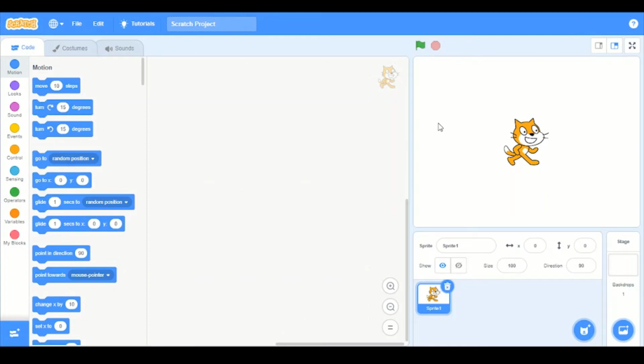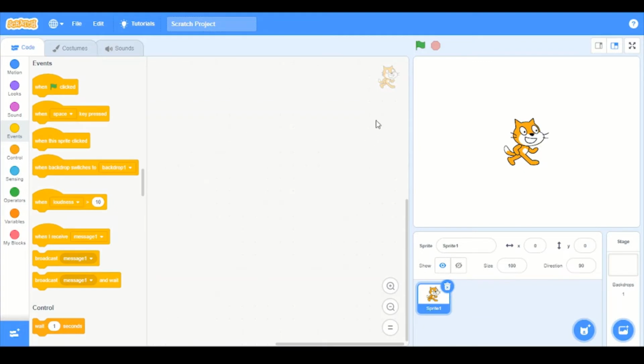Hello everybody, today I will be telling you how to do the "when key enter pressed, do" block. So first you need to go to your events and bring in your "when flag clicked",